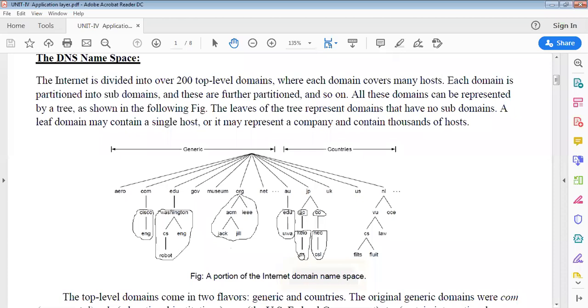So these are the CS, CSL, FLITS, robot, English department, engineering, and so on. These are the leaves. And how are they converted? To avoid this, they are converted into zones.